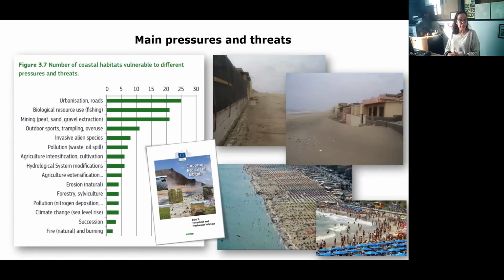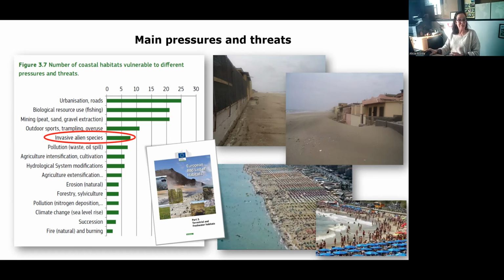And according to the European Red List of Habitats, we can see that recreational use by people is one of the following. In fact, during the last century, tourism has increased enormously and still is a growing activity with great economic potential. I think I can insist on this threat, but I will talk